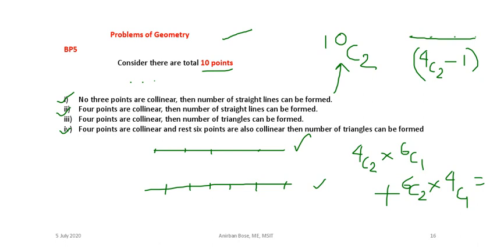Or you can solve the same problem in this way also: total 10 points are there, so the total number of triangles that you can form is 10C3, minus the triangles that will not form because they are collinear. There are 4 points which are collinear, so subtract 4C3, there are 6 points collinear, so subtract 6C3. So these also will give you the same answer, and I prefer this particular method. Maybe the other one looks like a simpler calculation, but this formula will help you in other problems also.